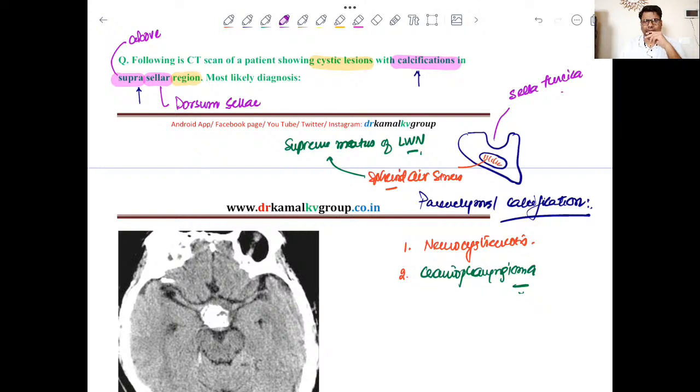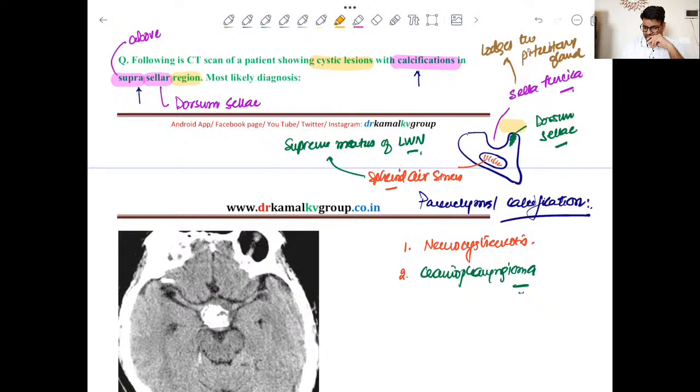Clear? And I think most of you must be knowing what sella turcica is and why it is so important in our discussions, because it lodges the pituitary gland, right? Now this part is known as the dorsum sellae. Okay, so this is the dorsum sellae. Clear? So whenever I am saying suprasellar, it means I am talking something in relation to this area,